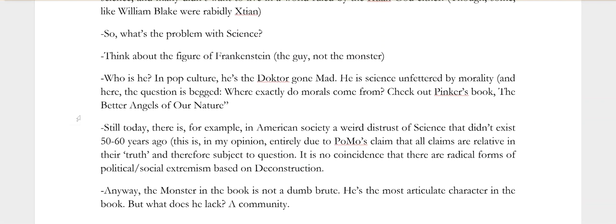Now, what's the problem with science? Why are they reacting like this to science? Doesn't science do nice things for us? Am I getting that wrong? I mean, isn't it nice to have technology and electricity and medicine and antibiotics and anesthetics? Aren't those all nice things? Okay. Well, let's think back to